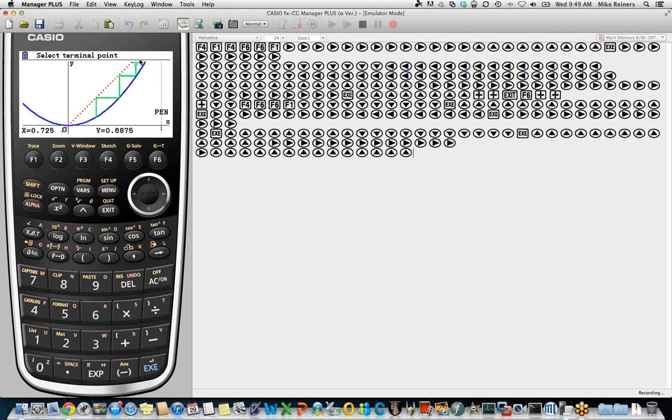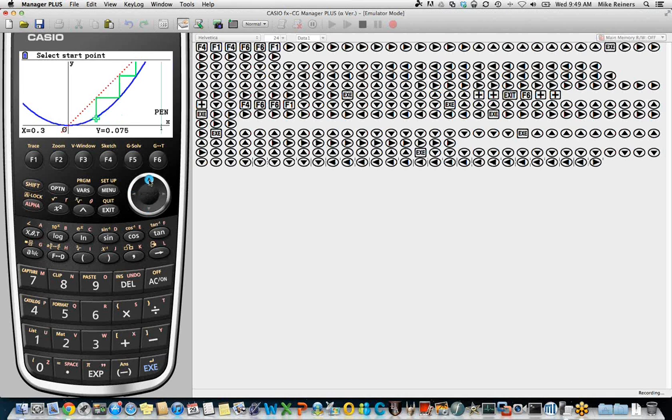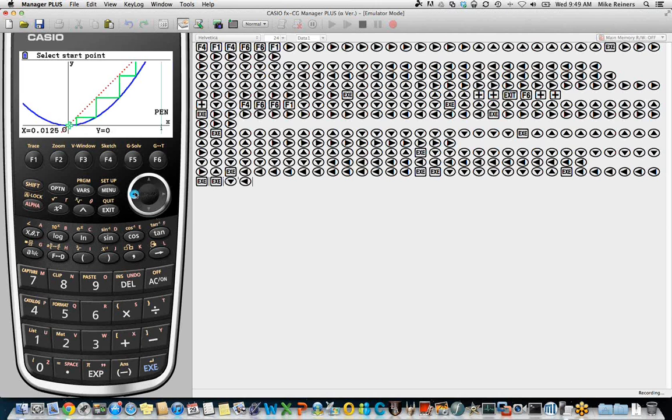We can't see this part of the screen right now, but I could turn my pen off and give the students the same idea if I just went the opposite direction. So you can give students the idea that by drawing horizontal and vertical line segments, anywhere that you would start between the line y equals x and the curve, you'd be trapped. There's no way to get out of here. You're going to get stuck at 0, 0, or at 1, 1, depending on which direction you decide to go.